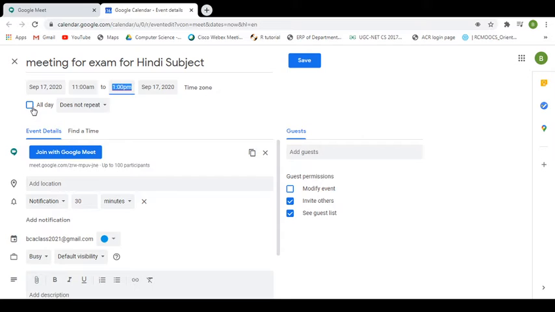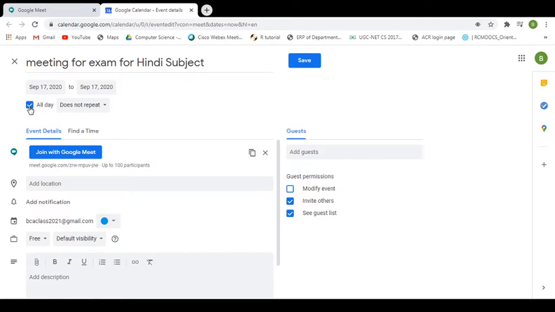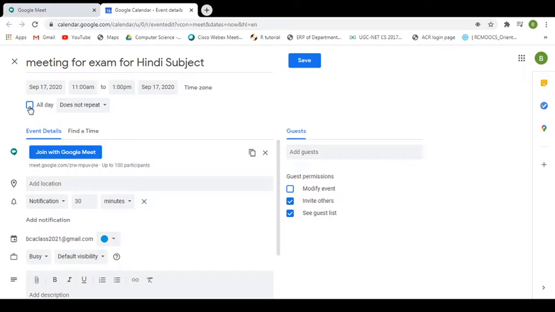Suppose you want to have, anyway this is not relevant to our exam, but still I'm saying, if we want to have this meeting for all day, we can click on this, so there is no need to give any time here. But we want this meeting only for 2 hours, so we will give a particular time there. After that you can add a location also, it's up to you, that is not mandatory. And this Gmail will show from where you are creating the meeting. So this will be your invigilation Gmail ID, which we will tell in the instructions how you have to create your own Gmail account.